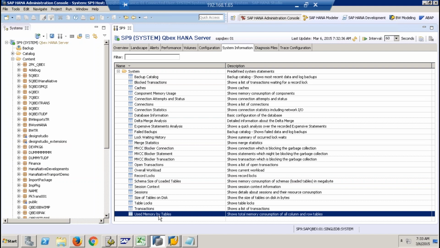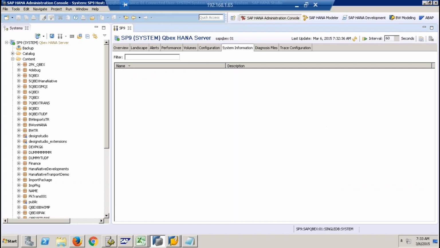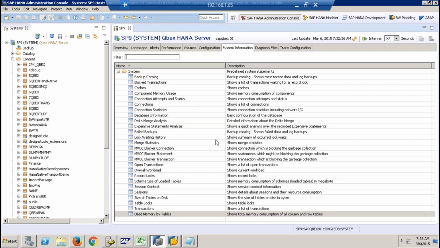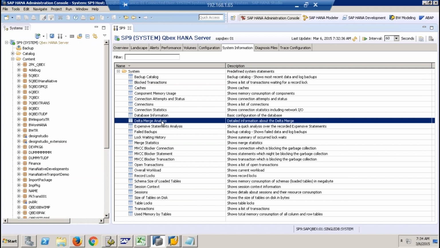Okay, but look at this, used memory by tables. If I just right click and say execute, I can see that information. It tells you the total used storage by column tables, what the row store has used, and what the column store has used. It's more like running some queries and seeing some tables. And you want to see detailed analysis on delta merging. If I just right click and say execute,